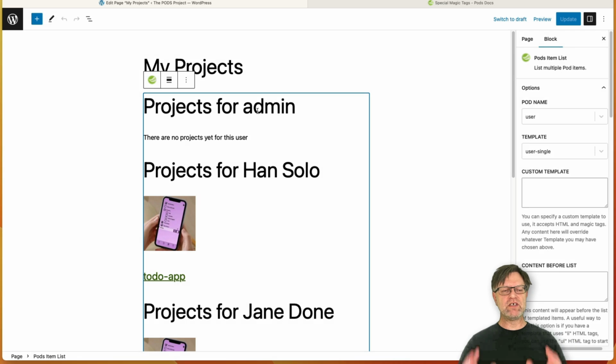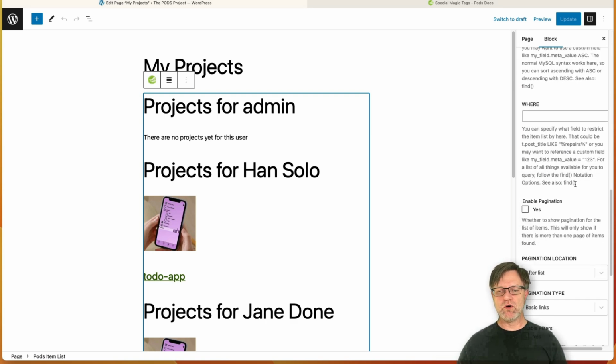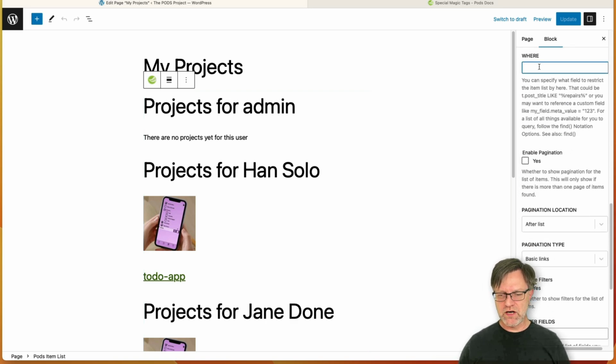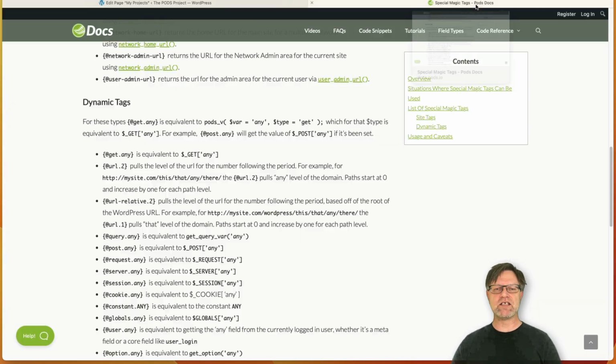How can we get this list to just show one user and then also be able to send that user into this pod in some way, or this template? Well, what you can do is that down here you have the where statement, and in this one you can actually write the tags and magic tags and so on and so forth, and there are something that is called